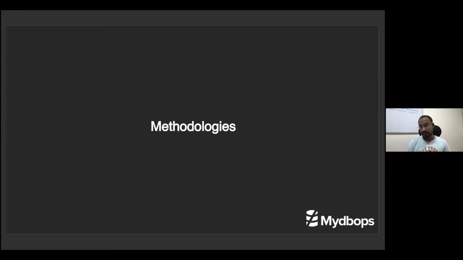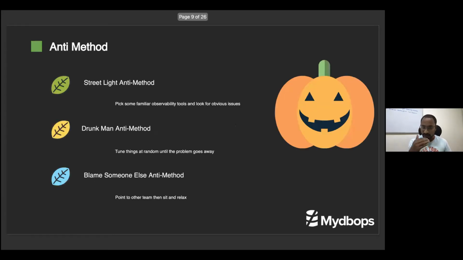So, methodologies. When we talk about methodologies, there is always anti-methodology and proper performance methodology. This methodology is used on different platforms, but in infrastructure performance monitoring, anti-methodology also comes in. In anti-methodology, I'm going to highlight three funny ones, and I did these myself in my past job. The first one is the streetlight anti-method. It's not a good thing, what I mean is, it's a funny thing.